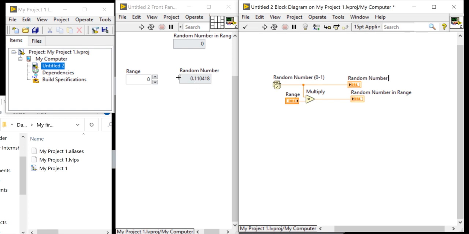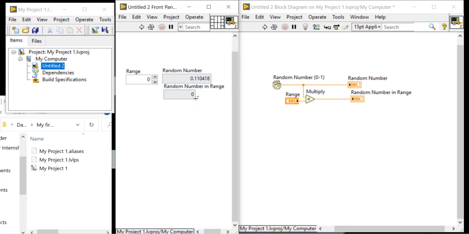This value will display the random number, and this value will display a random number with range. Now whatever value you put, your random number will come within the range.